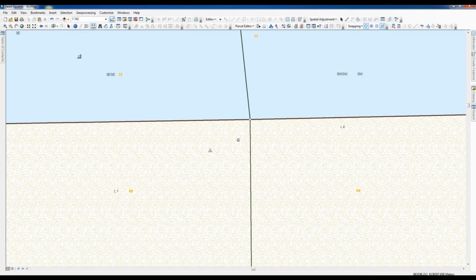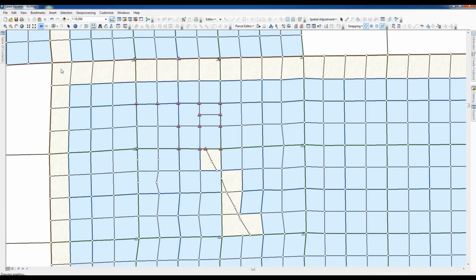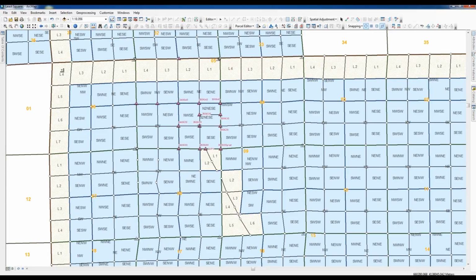So 3 times the value of 40 is 120 feet. So it's still well within the original adjustment. Yet when it came out of the regional adjustment, which is anywhere from 50 to 60 townships, it somewhat disregards that 3 times the value rule, and it just adjusts based on what all the other control is around all